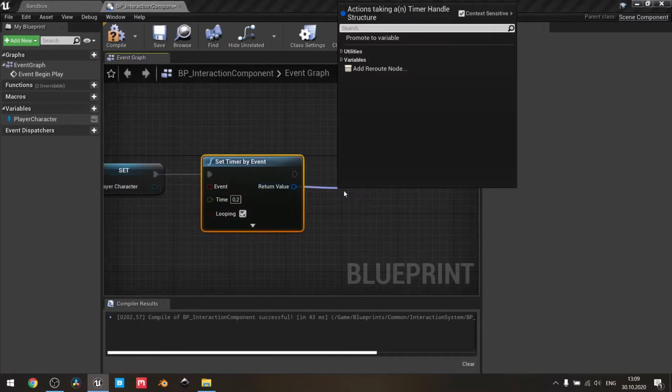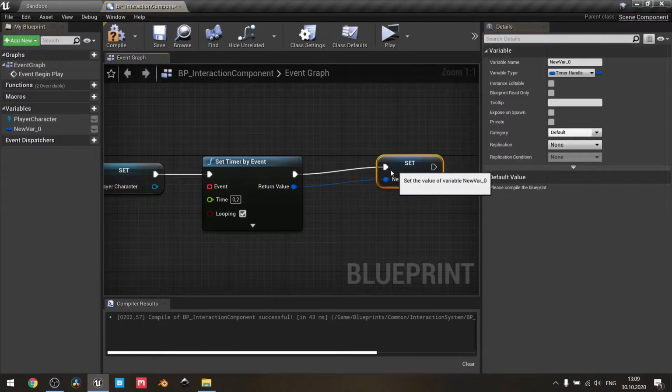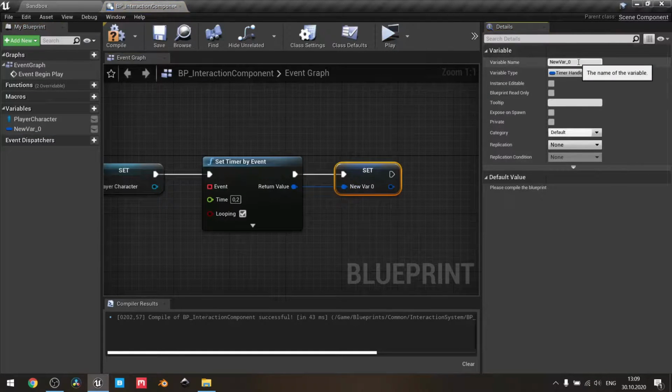Don't forget to promote the handler to a variable, so when we don't need the logic from our timer, we will clear and invalidate it. Rename it to line trace timer,